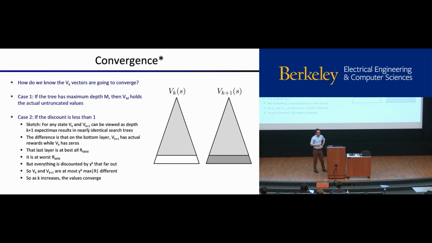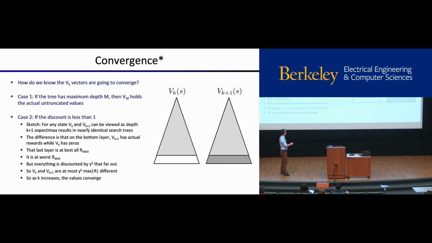Okay, so this is a little different from what we were doing before, whereas before we were taking trees and aligning them at the bottom and adding stuff to the top of them. Now we're aligning them at the top and we're going to add stuff to the bottom. So we're saying the value of k plus 1 is essentially doing your k steps of unrolling plus one additional step of unrolling. And all the rewards that you accumulate along those first k steps are the same in both